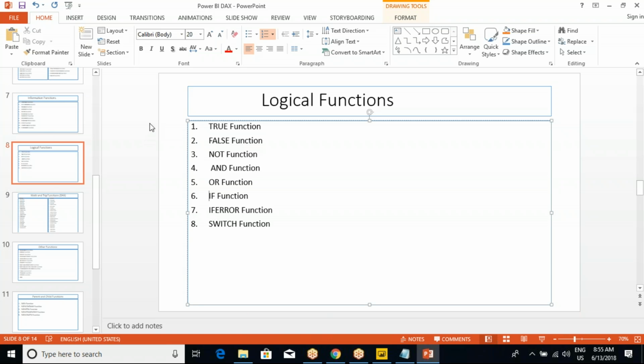What is the meaning of AND condition? AND means all the conditions should be satisfied. All the conditions should be satisfied. For example,